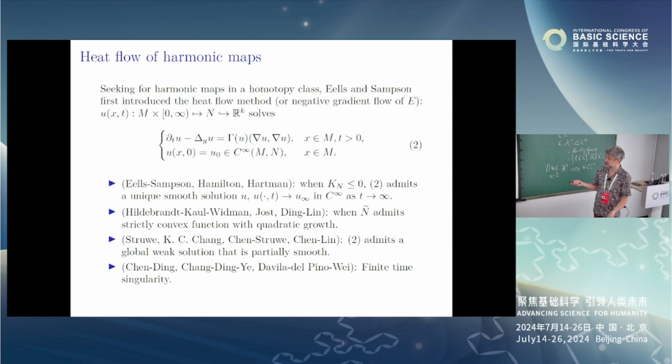But what Struwe exhibited are weak solutions of the flow which are not smooth, even from a two-dimensional surface. So the flow already is developing finite time singularities, whereas the stationary equation doesn't. And the argument of Struwe was an epsilon regularity argument, but